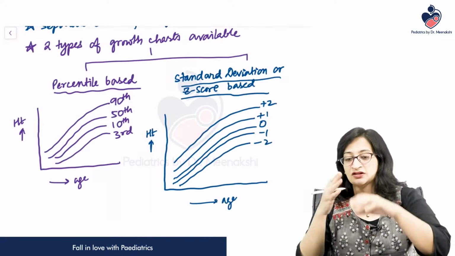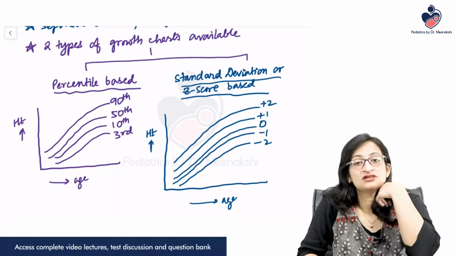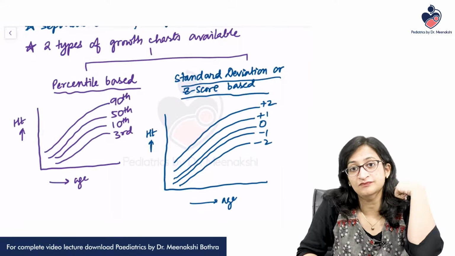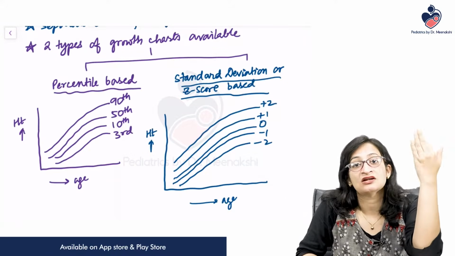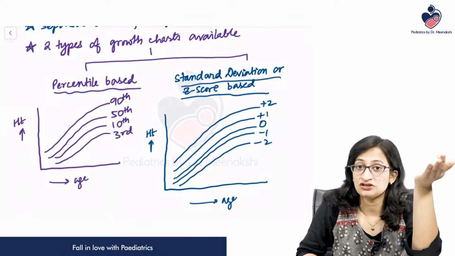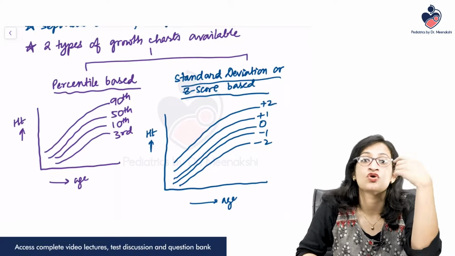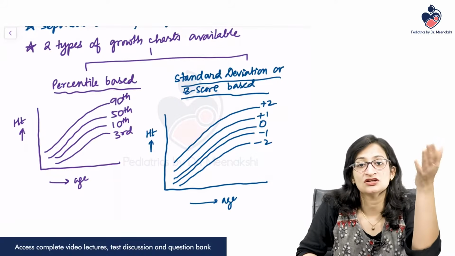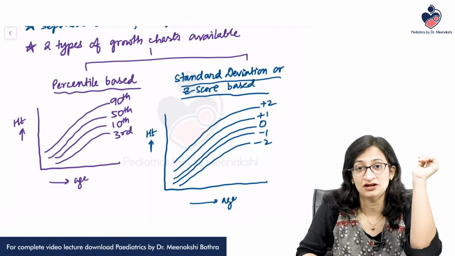Okay. So that makes the WHO growth chart so important. You can see that data was collected from all over the world, different countries, okay? And exclusively breastfed babies were taken. Factors like maternal alcohol, smoking, which can interfere with the growth of the child, were excluded. And you have growth chart available for almost every anthropometric parameter, and you have both standard deviation as well as percentile based growth charts available for each parameter, right?